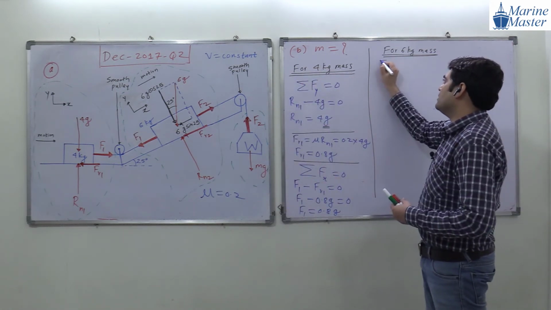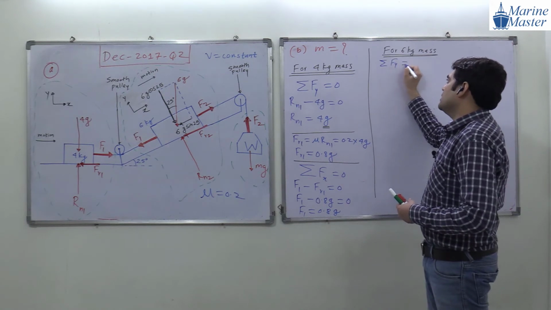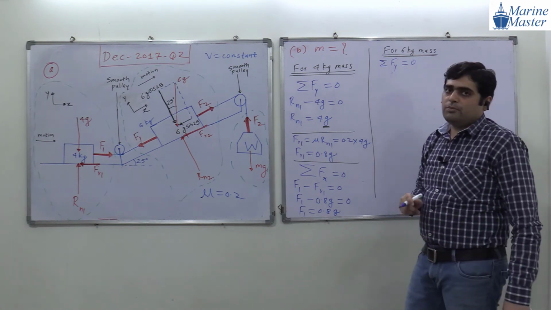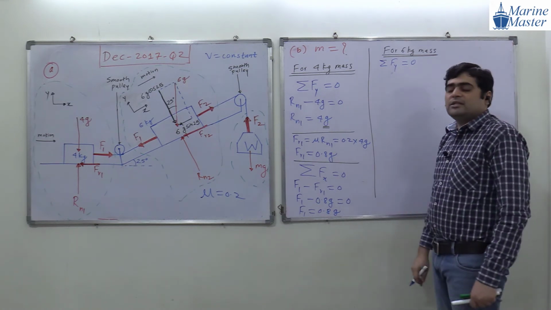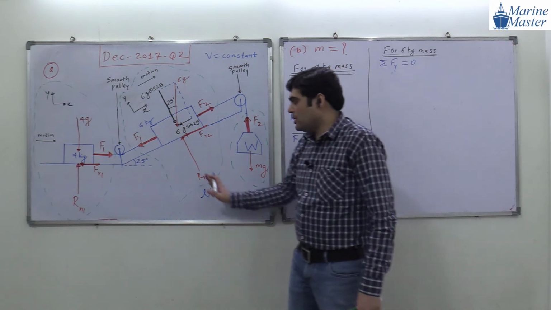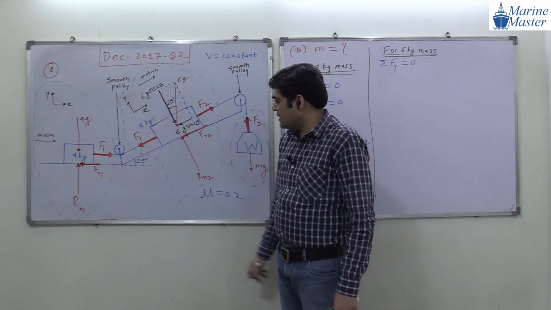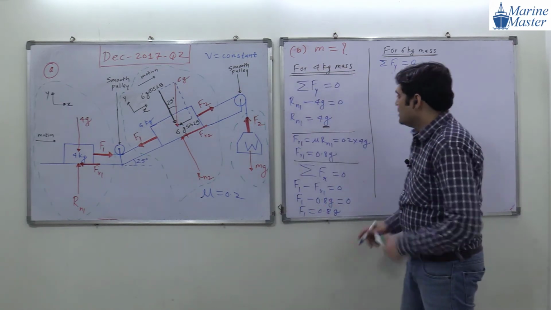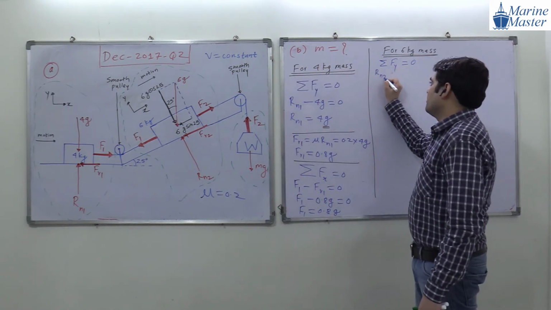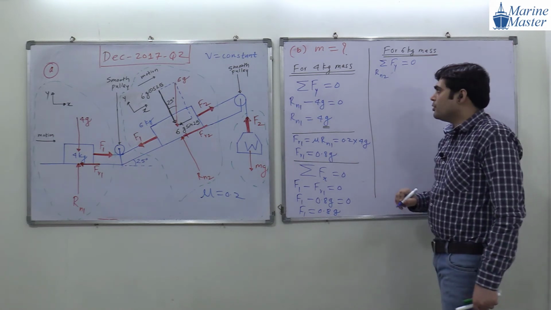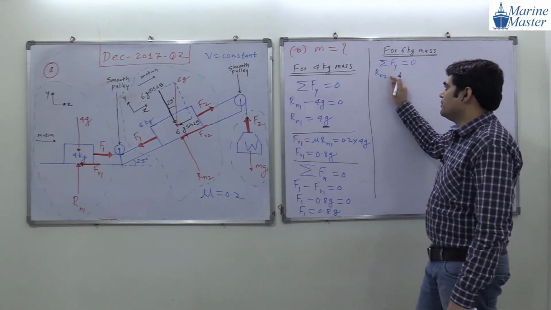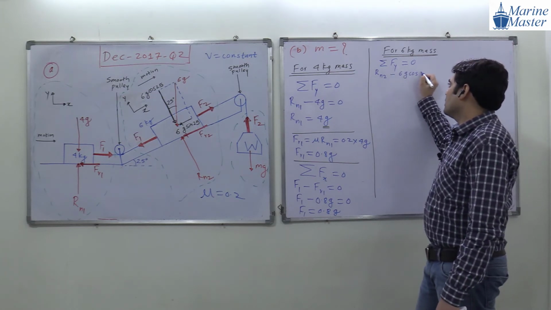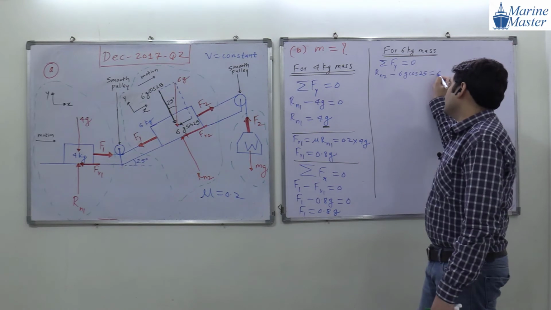Summation of forces in what? Y direction equal to 0. This y must be in suffix, guys. Okay. So summation of forces in y direction equal to 0. What are the forces here in y direction, guys? First of all Rn2. Then 6g cos 25. Anything else? Nothing. Only two forces are there. So Rn2 is what, guys? Positive. Rn2 will be positive. Rn2, see the scenario, Rn2 minus 6g cos 25 equal to 0.